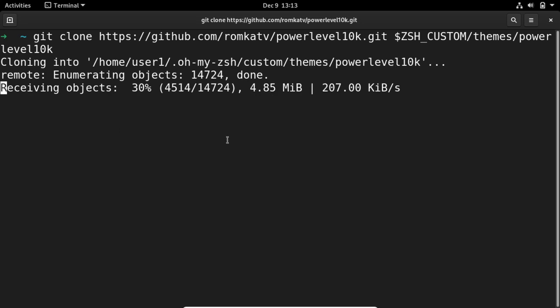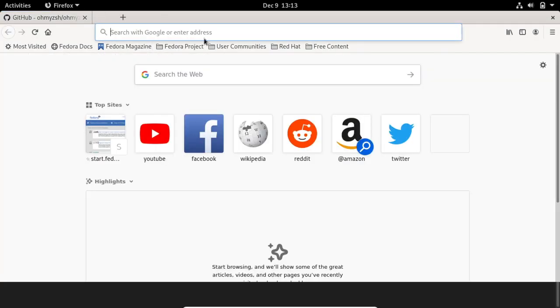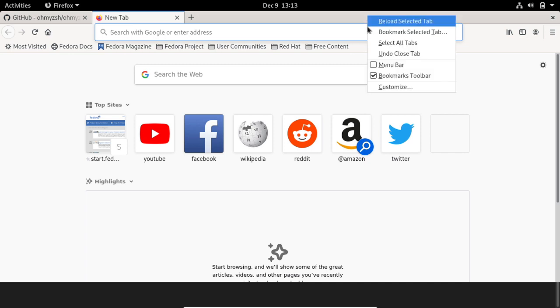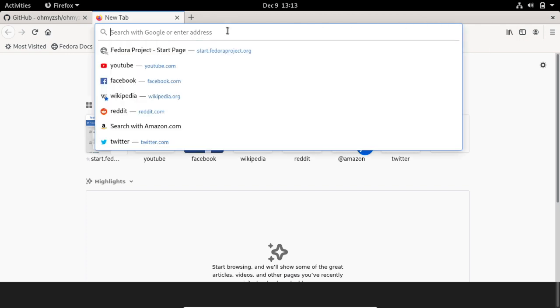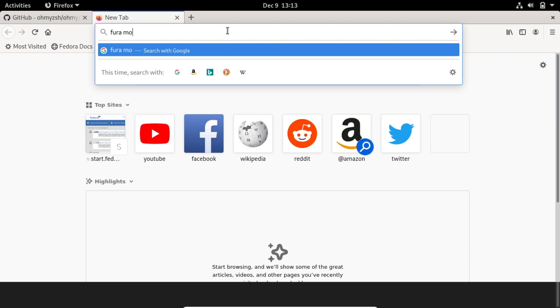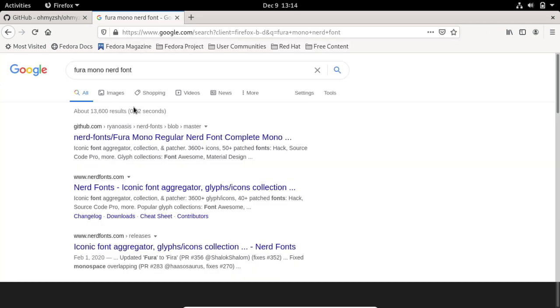Meanwhile it's installing, I will download some fonts that I will be using for my terminal. You can search the web for Fura Mono nerd font. If you are on Ubuntu, you need to look for Fira Mono, not Fura Mono; otherwise Fura Mono will work fine for any other Linux distribution.